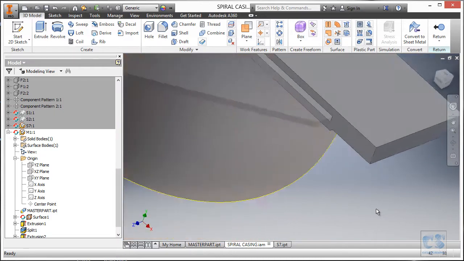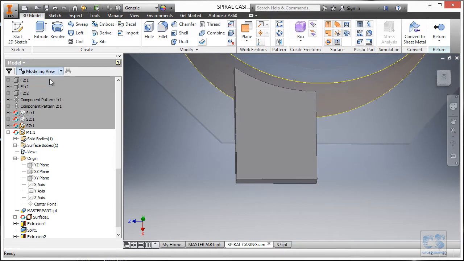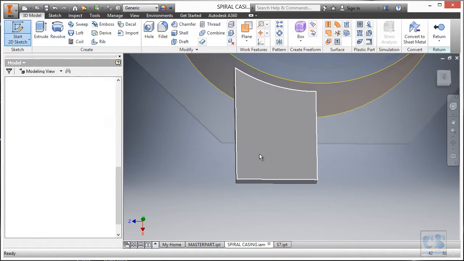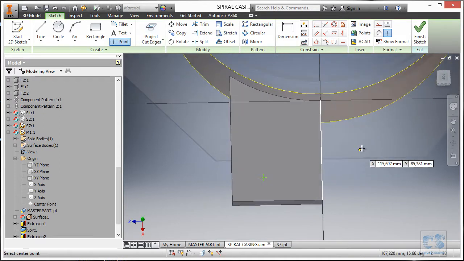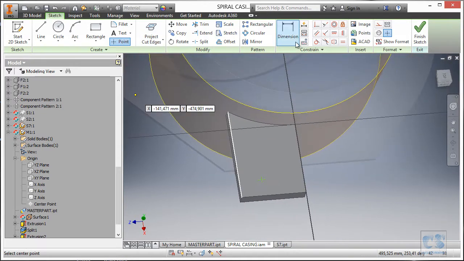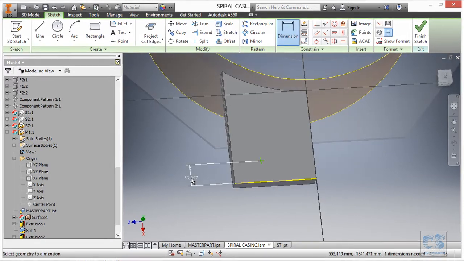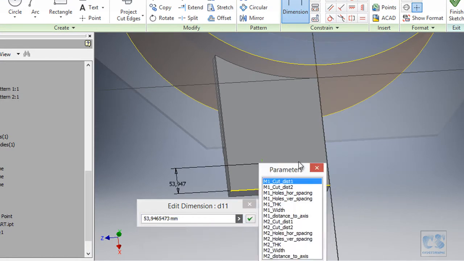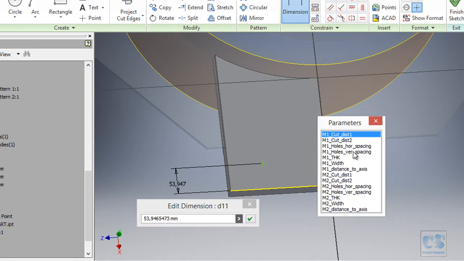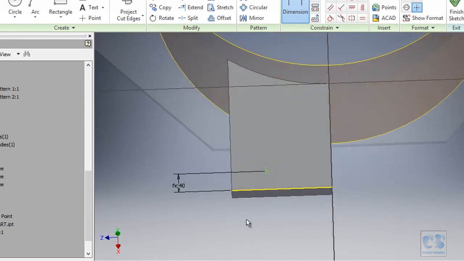We need to add the contour bar holes. Next we will start a sketch on this face and create a point. First, a dimension from this edge to this, and we will change the value to this parameter, which is the vertical spacing, and it should be 40 millimeters.